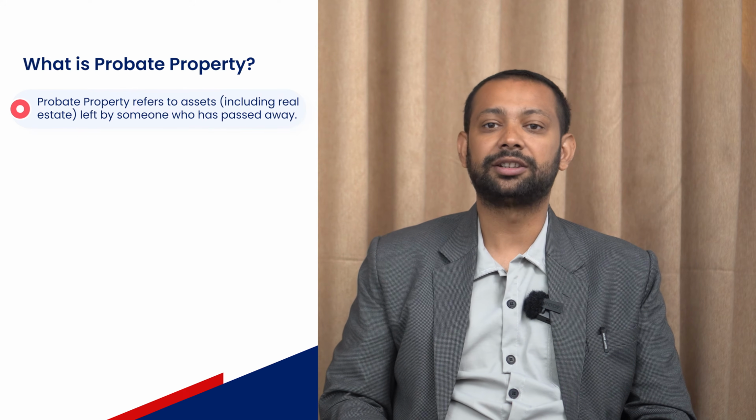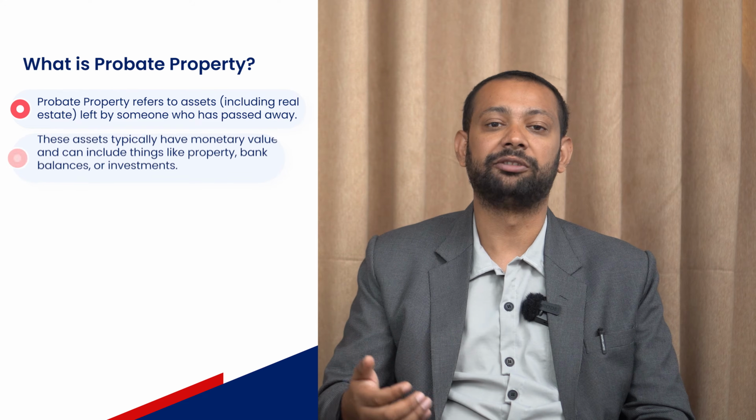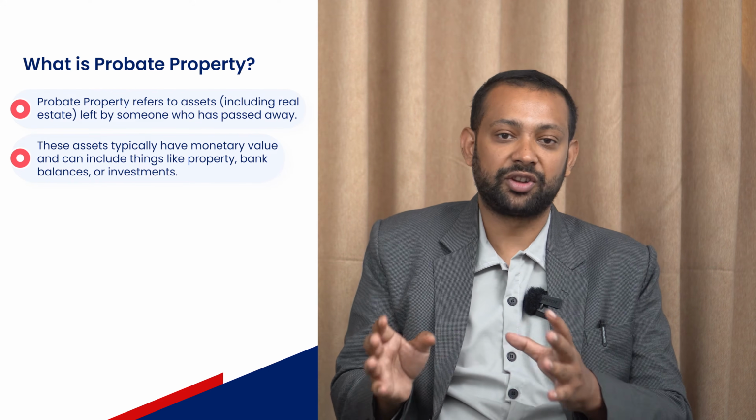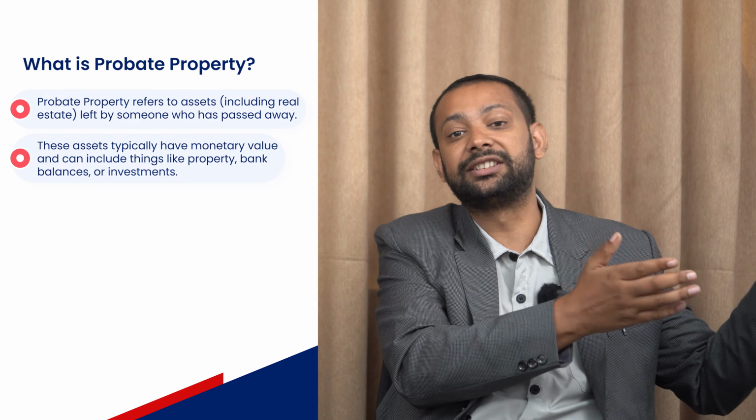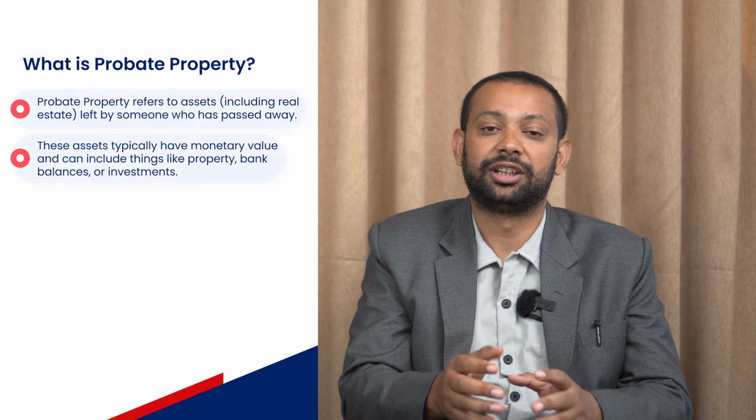Okay, and you mentioned probate property. Now, clearly, probate property is something that is related with probate relief. But what exactly is probate property, and what does the word probate mean? A very good question, Chirag. Probate property, imagine someone passes away. He or she might have left certain assets, a bank balance, or whatsoever, an asset to which a certain monetary value can be ascribed. So whatever the deceased has left, and that has monetary value, that's called probate property.